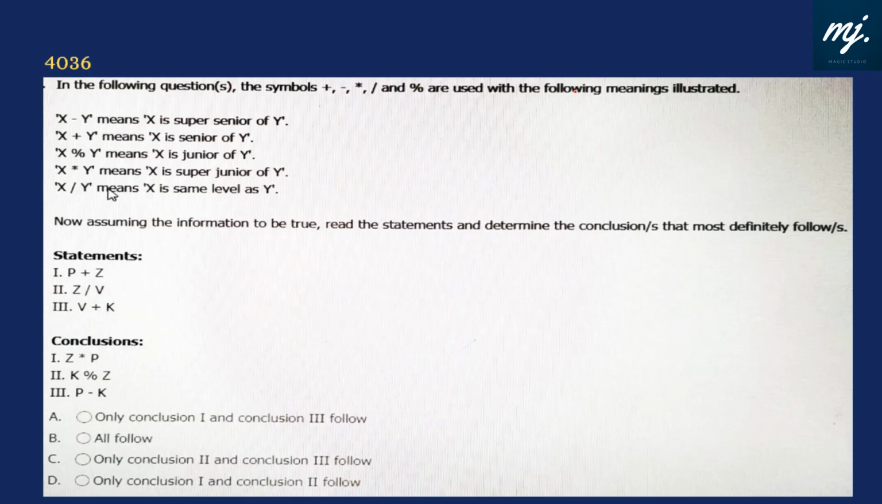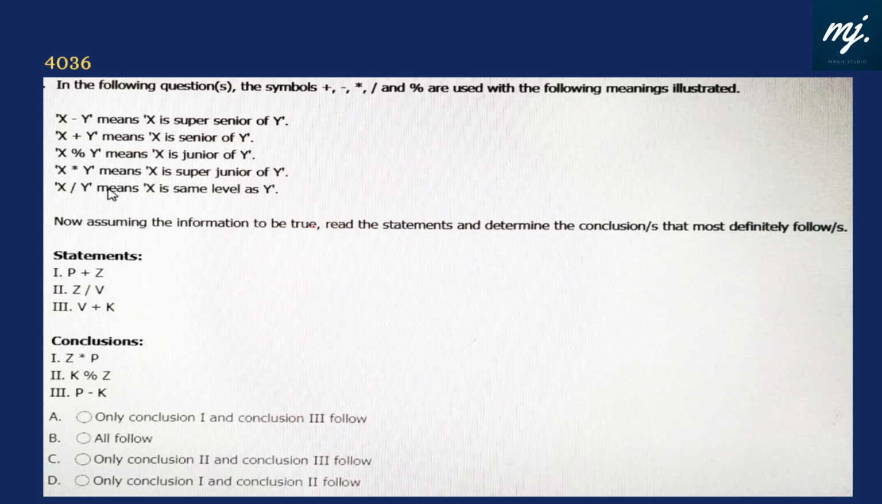Okay, the next pick is these symbol kind of questions, and on each screen at least 2 and on one of the screens 3 of such questions were there. And I have taken up all the 3. We will do it one by one. Minus, plus, percentage, asterisk sign and divided by slash mean something. Now assuming the information to be true, read the statement and determine the conclusion